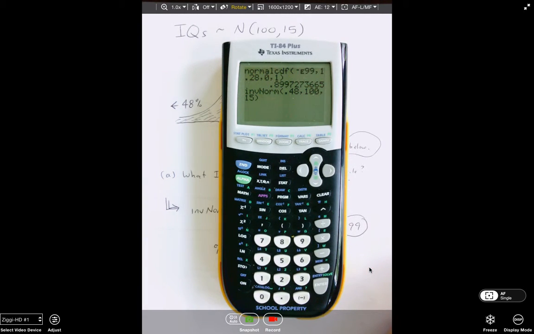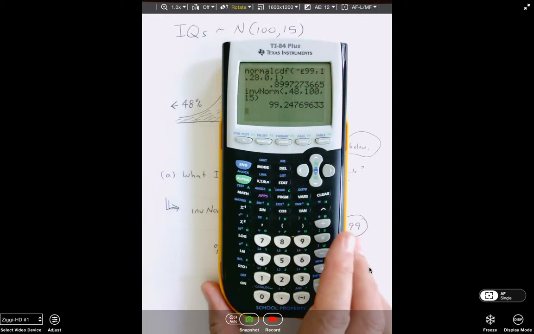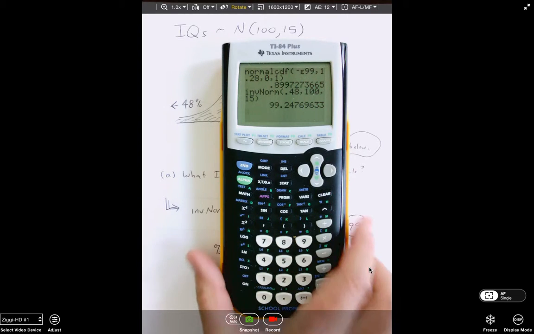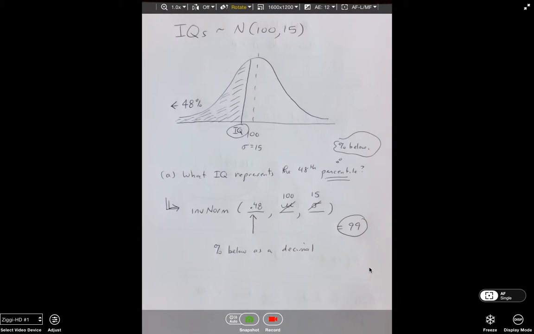So really we get the same thing the other way in the end, and certainly get the same answer. So if you've got this kind of calculator that has this type of operating system, this is the way you use it. Or if you've got a newer calculator with the newer operating system, it's the way I demonstrated on the computer. So guys, really, if you just stay on your toes,